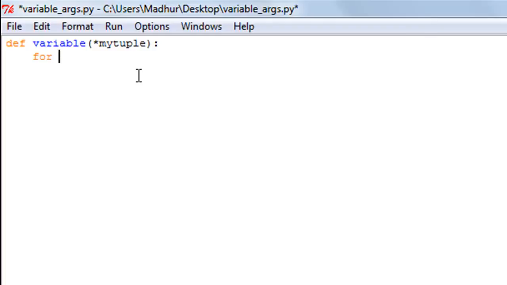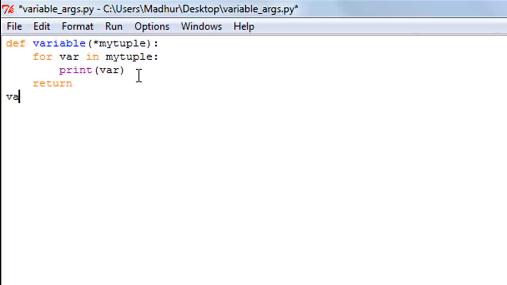I'll need a dummy variable for my for loop, so I'm going to call that var, and then I'll type in the in keyword, and then I'm simply going to type in the name of the tuple that holds the content, which in this case will be my tuple, and I'll put in a colon to get inside the body of the for loop. Then I'll simply use the print statement to display each item. And then I'll get outside the for loop, type in the return statement here, get outside the function,